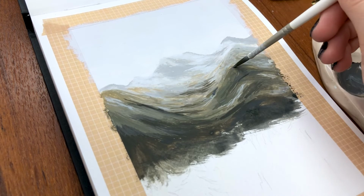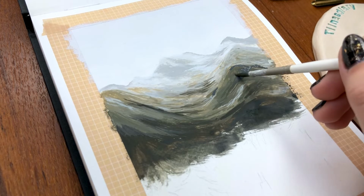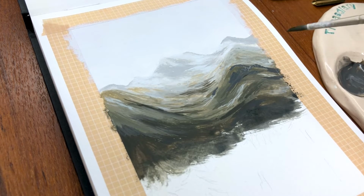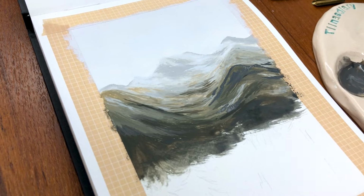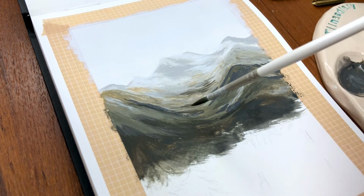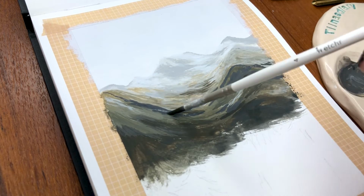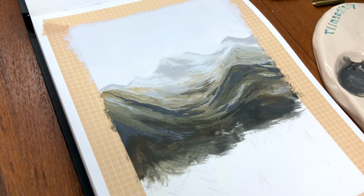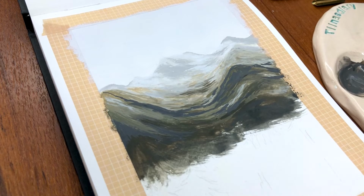The way that I'm blending with my damp brush usually is by taking some water on my brush and then just tapping most of it off in a paper towel so that my brush is just damp and it's not soaking wet. And then I just go over some of the spots I want to be blended a little bit, but I don't push my brush too hard on the paper. I just try to do it pretty smoothly and in this messy way,